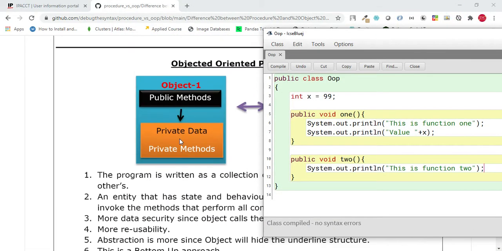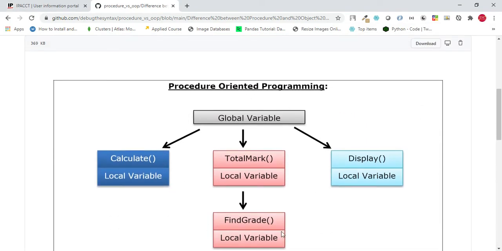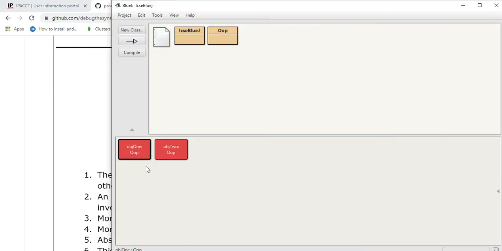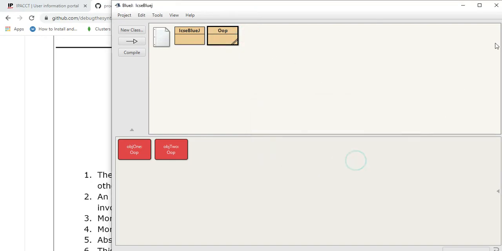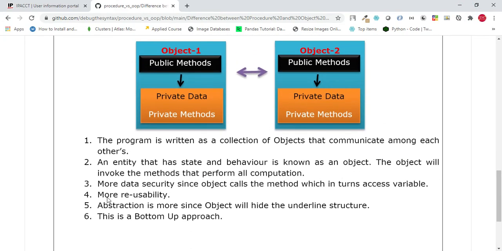So this is what this particular video presentation was all about. You saw that this is one single program, but over here you have got multiple objects. As you can see, these are the objects which are created through the help of this option. So you can create as many objects as you want for a given class. So obviously the flexibility is much higher in regard to OOPS. Please go through these points. I hope these points are clear.